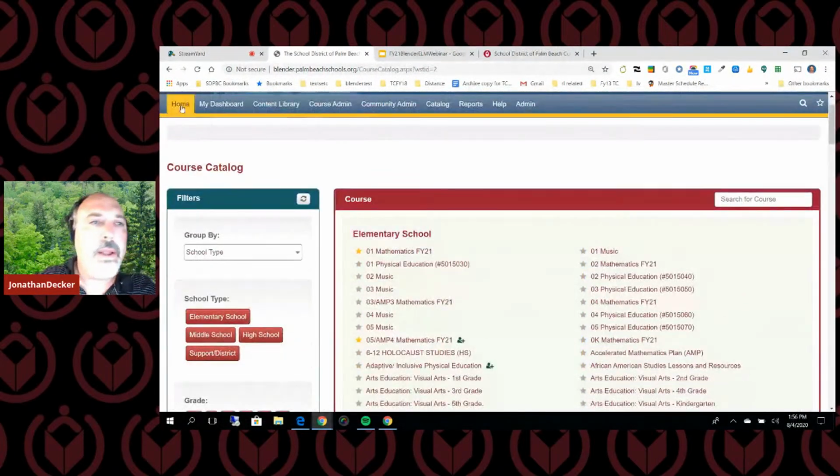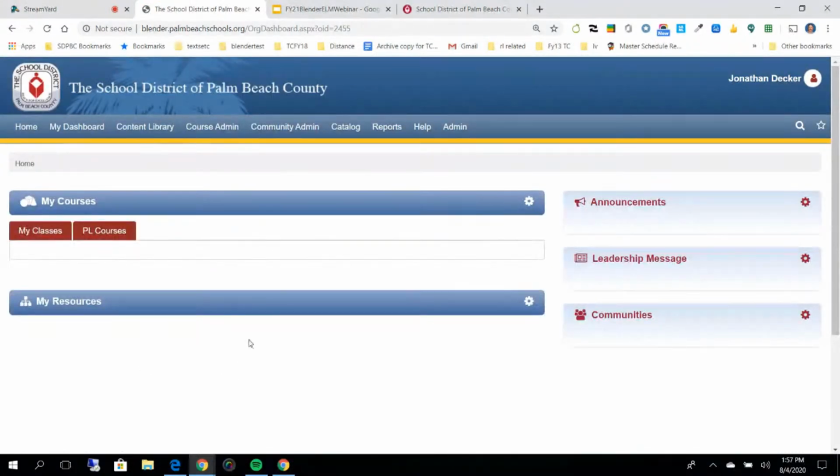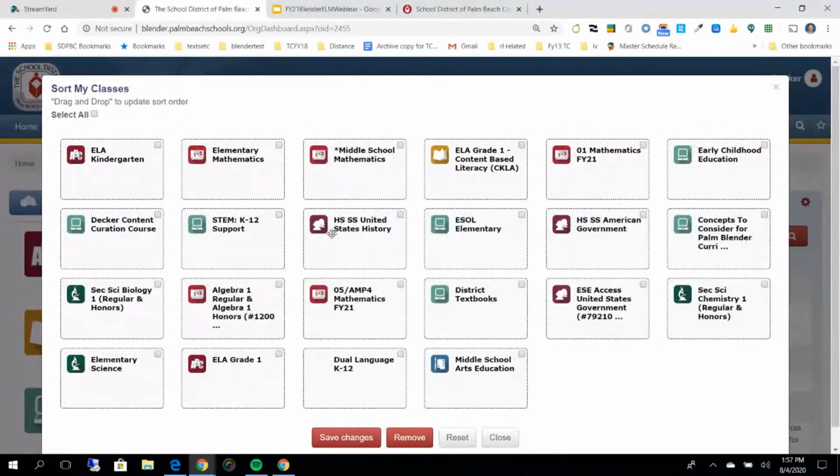And once you are back at your homepage, and I should have just stayed there, if you do happen to have several courses that you frequent, but you know that some are more frequently used than others, you can also come in and manage the way that they appear. So you saw I had 12 available to me on the first page.